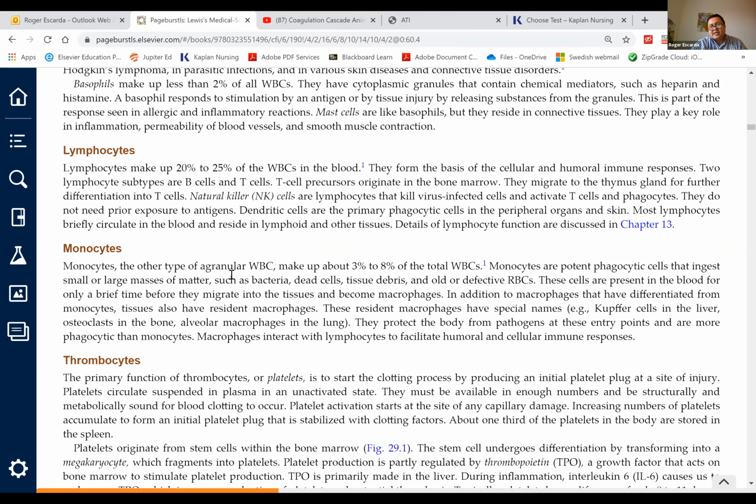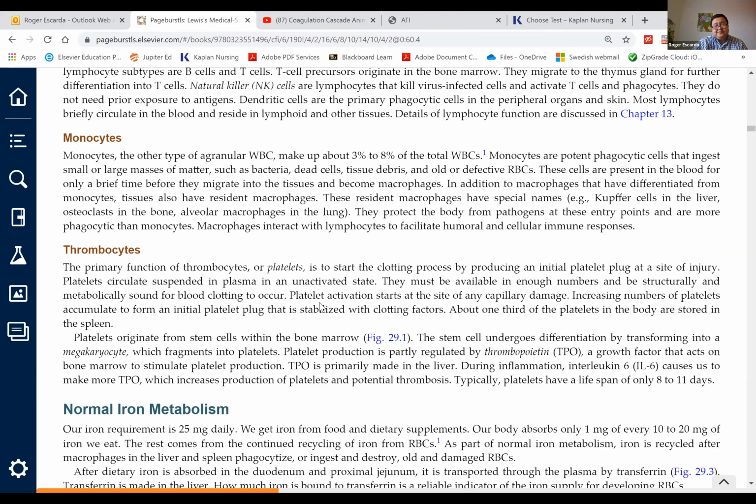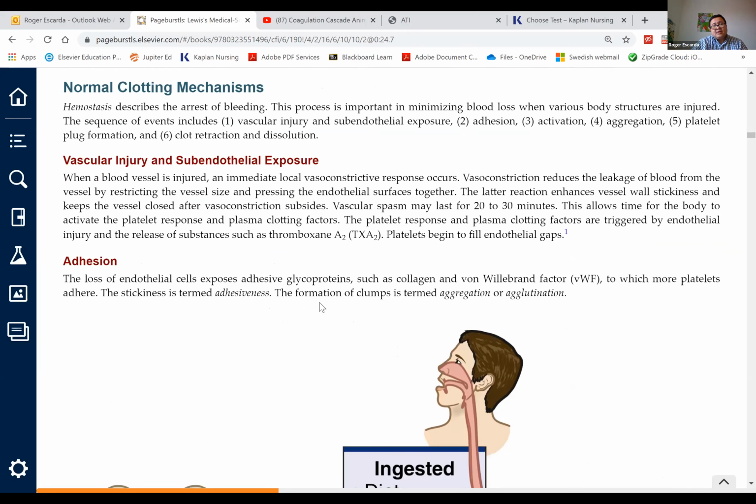The rest, the lymphocytes, the monocytes, what are they for? Okay. Let's go with,